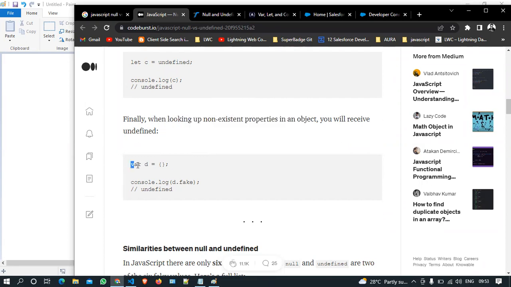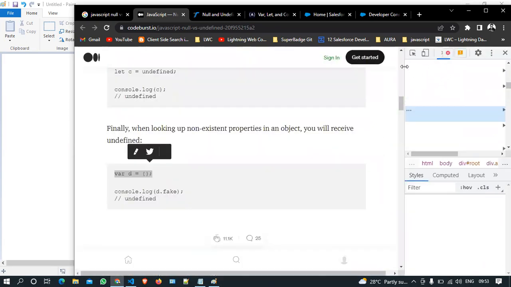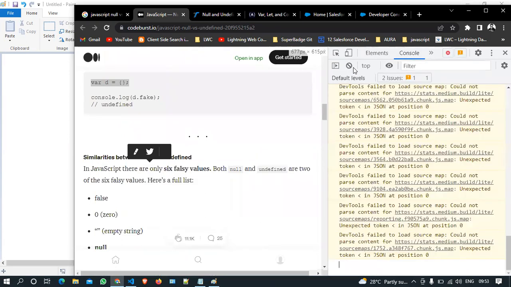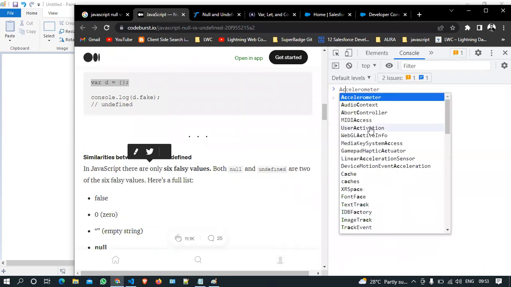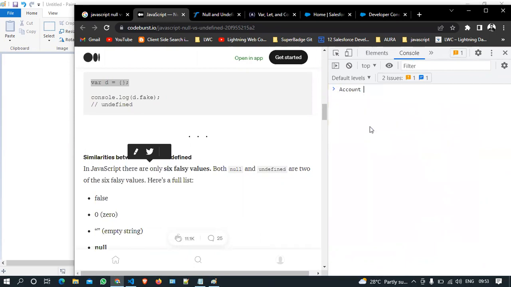लेट्स से हम ऑब्जेक्ट को ऐसे डिफाइन करते हैं। ठीक है, अब लेट्स से मैं यहाँ पे जाता हूँ इंस्पेक्ट एलिमेंट में, कंसोल में गया मैं। ये मैंने एक ऑब्जेक्ट डिफाइन किया, तो ऑब्जेक्ट हम लोग जावास्क्रिप्ट में ऐसे डिफाइन करते हैं। अगर तुम एपेक्स में जाओगे, लेट से अकाउंट है तुम्हारा, तुम कैसे डिफाइन करते हो ऑब्जेक्ट को? Account object = new Account(). ओके, दिस वे यू डिक्लेयर द ऑब्जेक्ट इन योर एपेक्स।